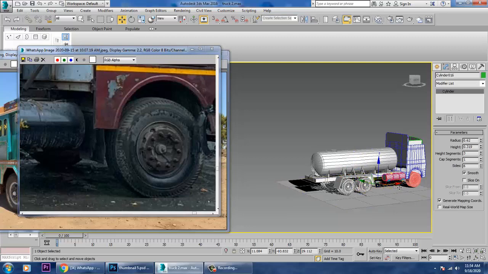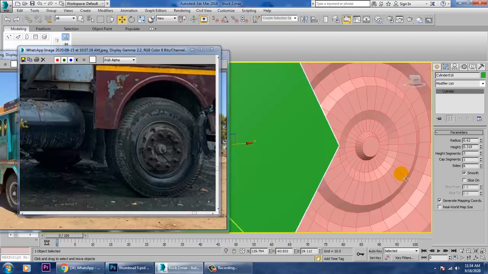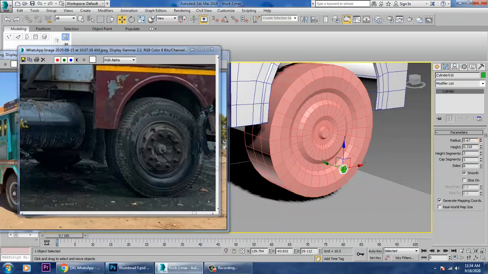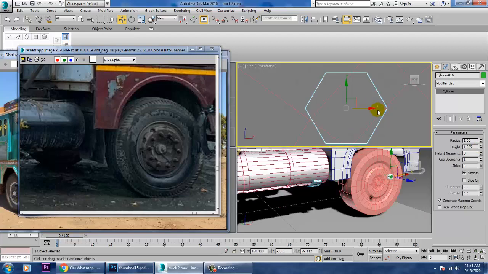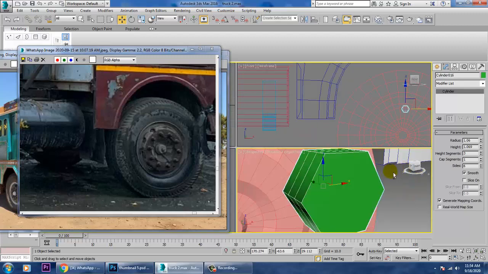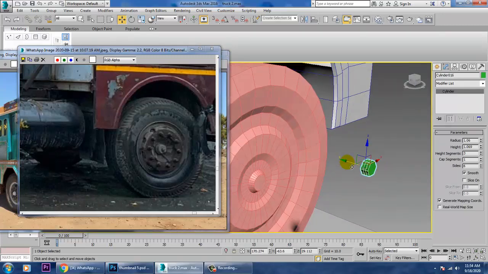So just drag this over here and increase its radius a bit and increase its height. So just push that near the right area over here.